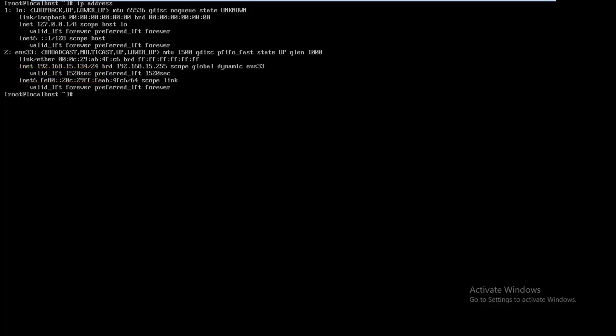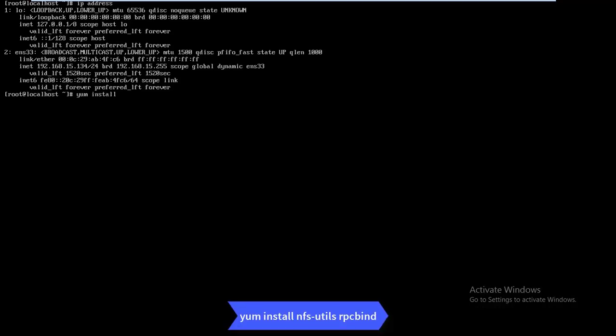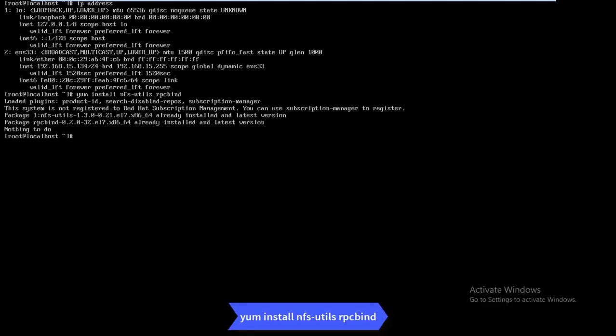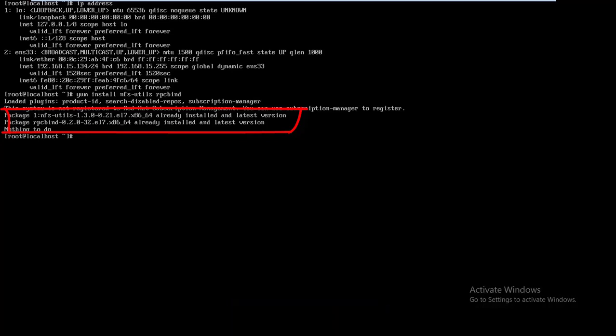So in the client machine also we have to install the packages, yum install nfs-utils and rpcbind. In my client machine also these both packages are already installed. You can see here.